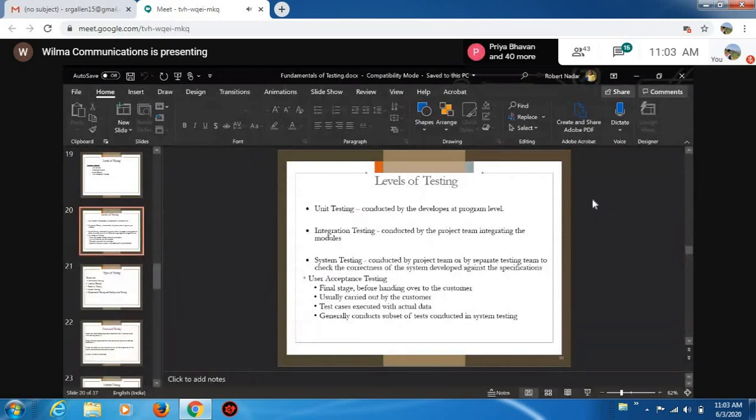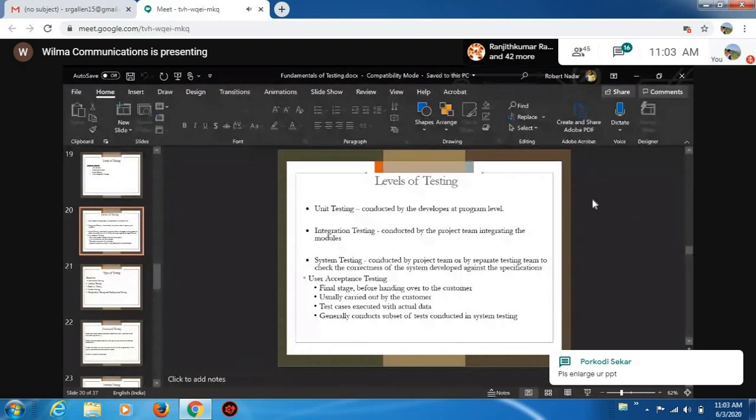That means after developing every small piece of a component, to make sure that the component is working or not, that is verified and validated by the programmer itself, and will be called unit testing.